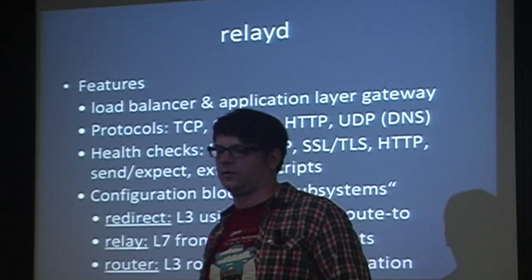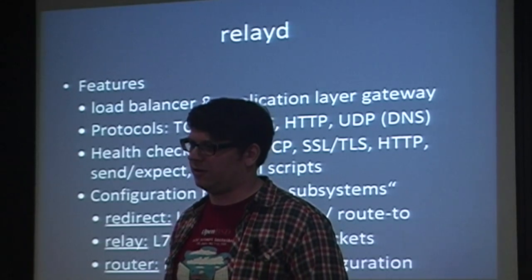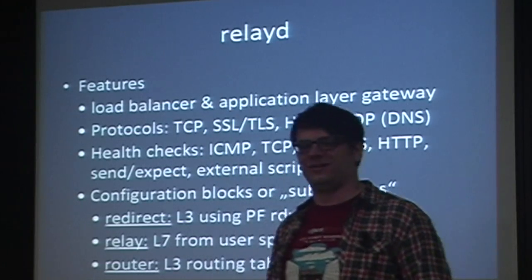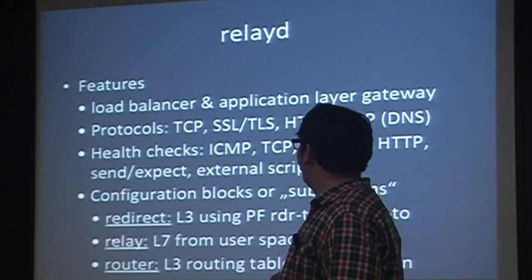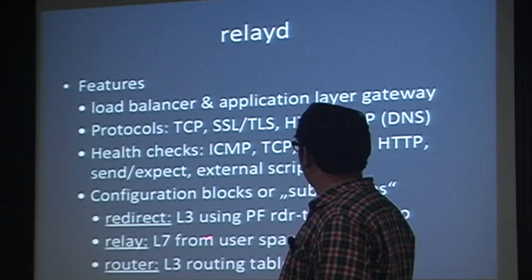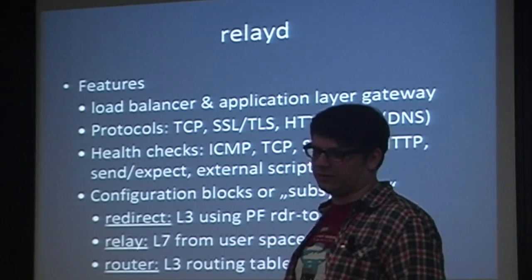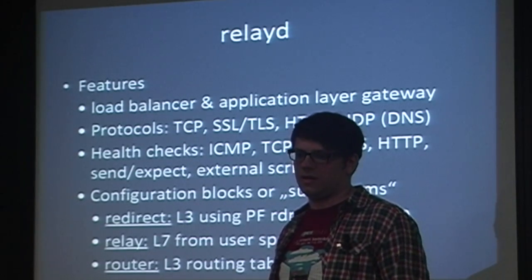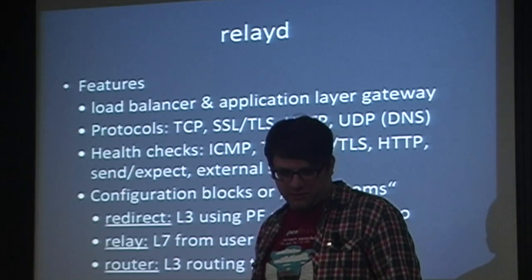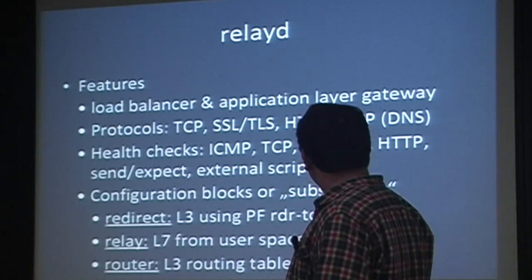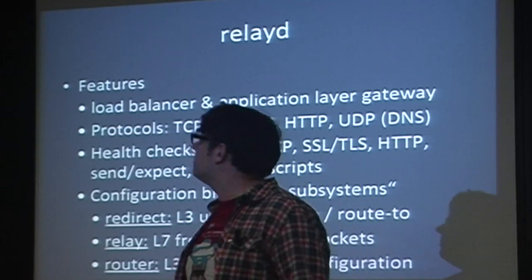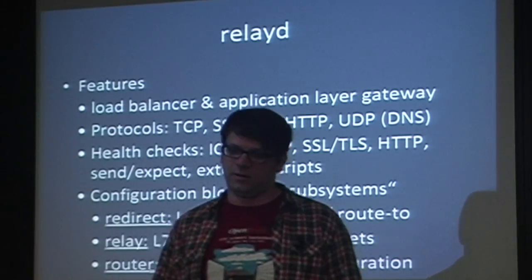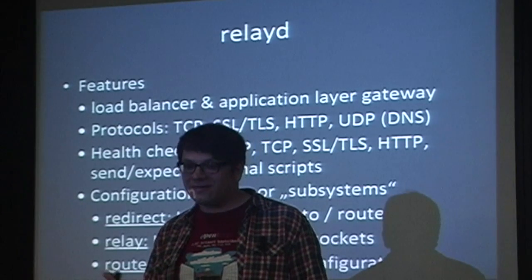Route2 is for direct server return, another feature of application delivery controller. And the relay is everything related to layer 7 user space. So for SSL, you have to do it in user space. And the router is something I added later, which is here in the feature section. Well, this is called a link balancer. What is a link balancer?